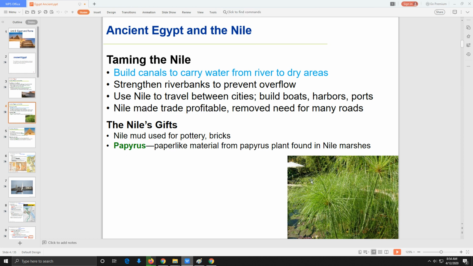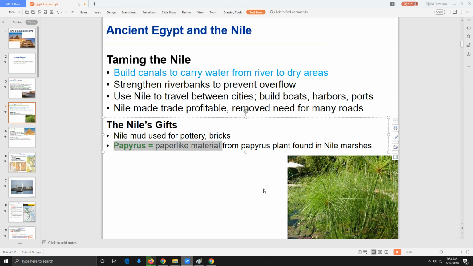Down here in the bottom right, you'll notice these plants. That's called papyrus. It's a paper-like material. Go ahead and make a four. We're going to write down papyrus, and then we'll put down an equal sign, and then we'll write down paper-like material. So four, papyrus equals paper-like material. Papyrus is right down there in the bottom right-hand corner. You cut that up,